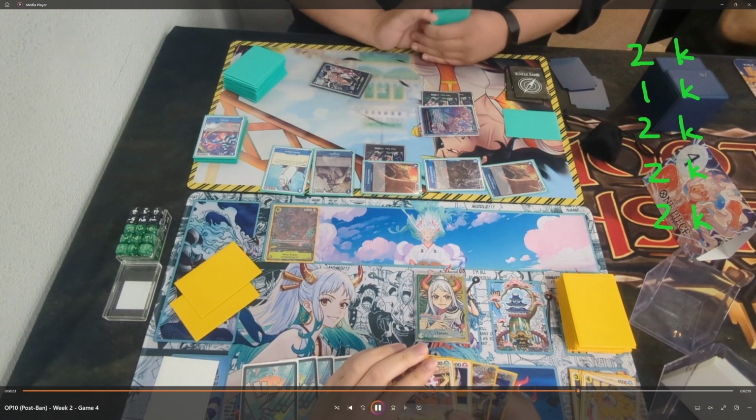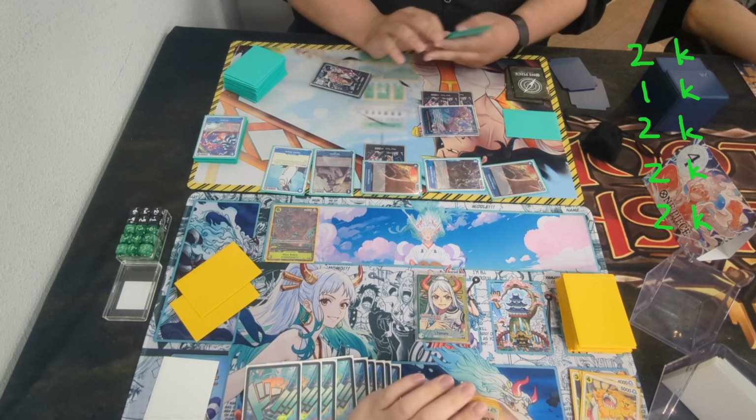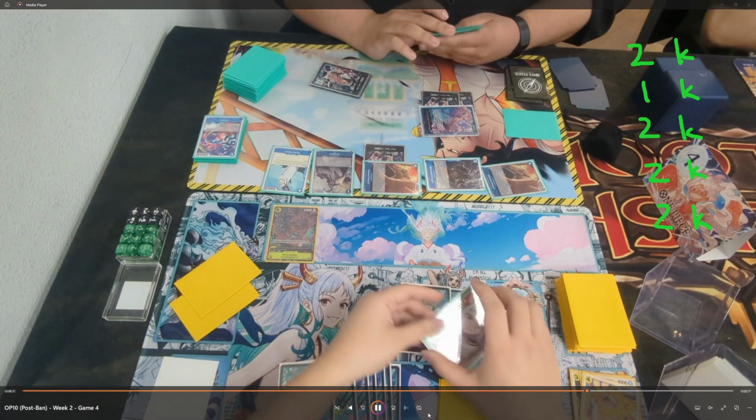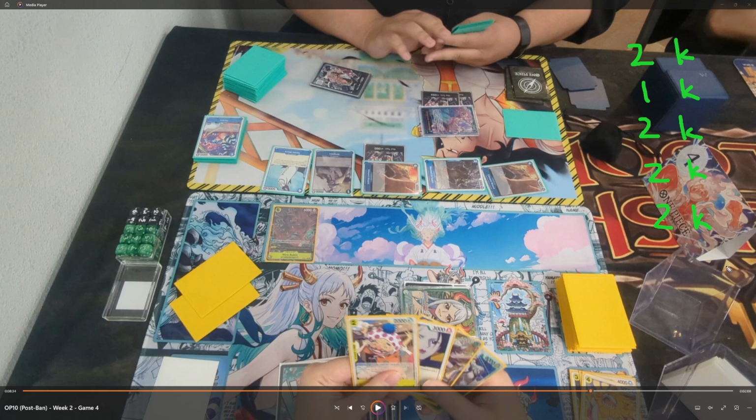Because you saw I just attached 2 Don here in just a second. So the reason why I think it's a mistake is because I had Tonoyasu. If I had used those 2 Don to play Tonoyasu, I could have given my leader plus 3K. So if I had gone 3K, knowing what he had in his hand, this is why I wrote it down. He had at least,